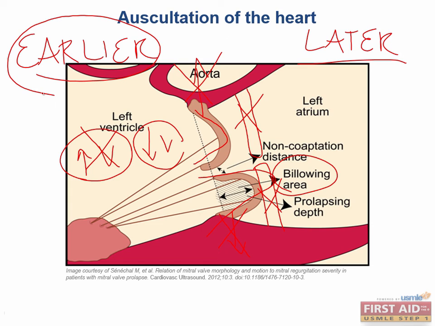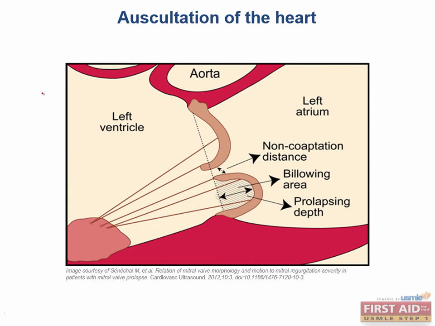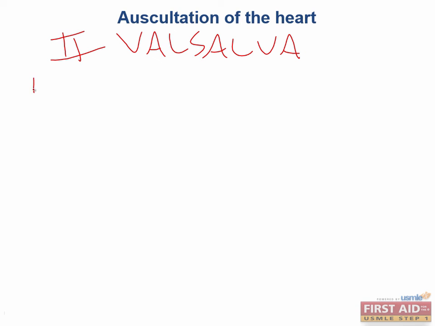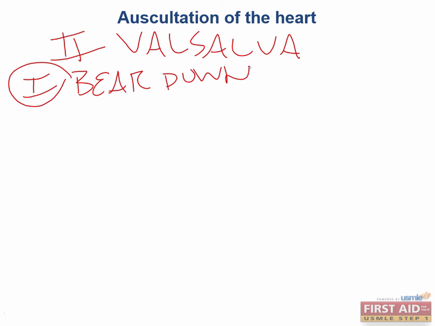So we've now discussed how increases or decreases in preload will change venous return, and also discussed how hand grip would increase afterload. One last thing we need to discuss is what phase 2 of Valsalva actually means and how that relates to auscultation of murmurs. So let's think about one thing first. Number one is that we have one phase of Valsalva before the second phase. This is when you bear down like you're going to have a bowel movement, or you're lifting something super heavy